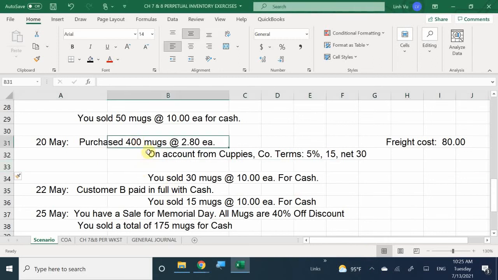What did we do here? Purchased 400 mugs for 280. Okay, 400 at 280, with the freight costing you